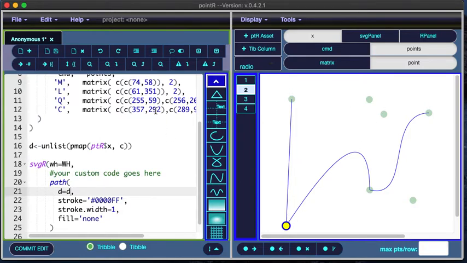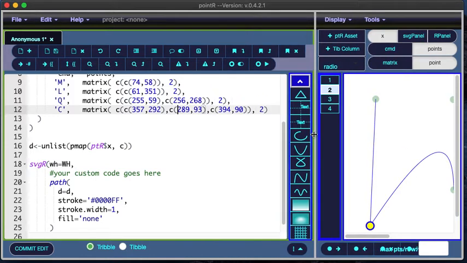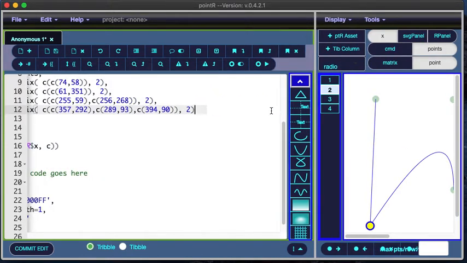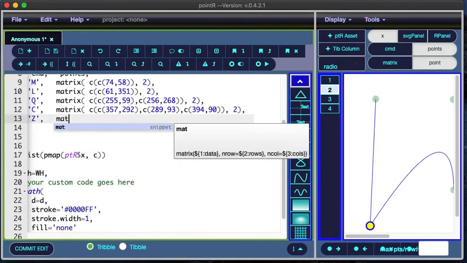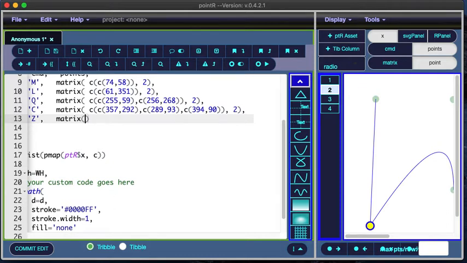If I wanted to close this figure, what I would do is add another instruction which says close, and I would add a matrix. Now, it doesn't actually really matter because it's going to ignore this last value, but psychologically it's probably better to